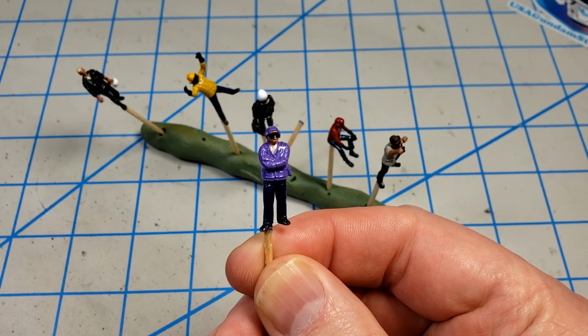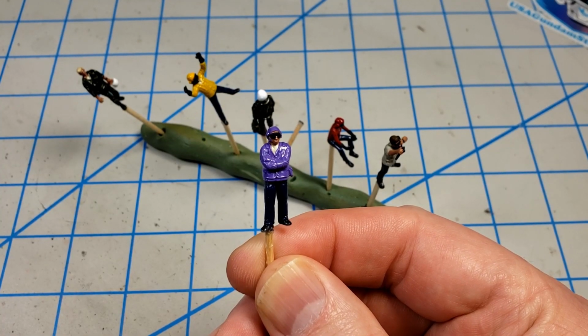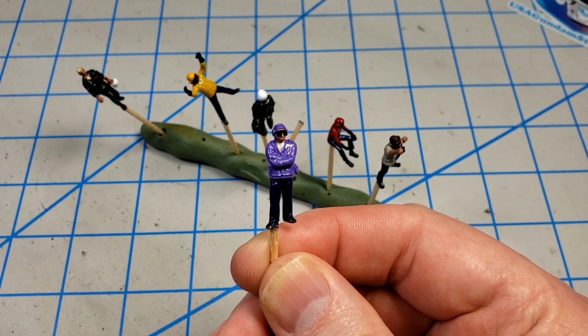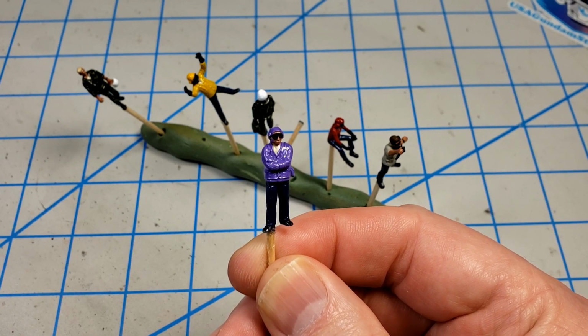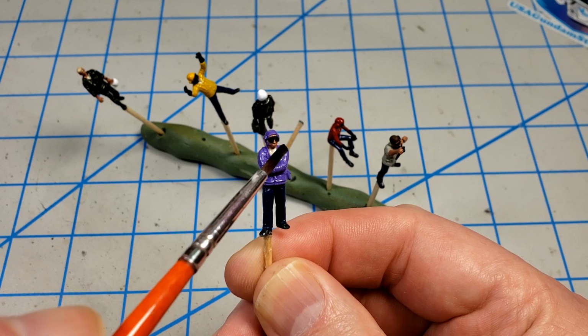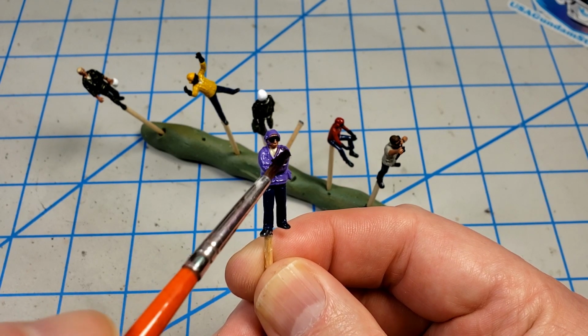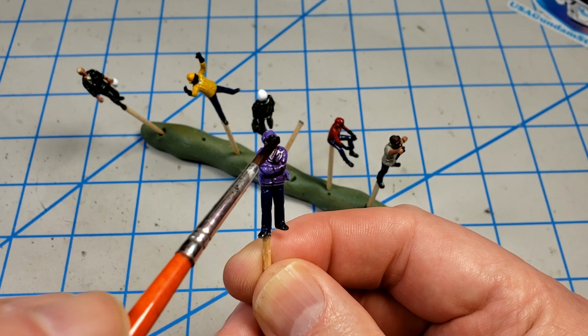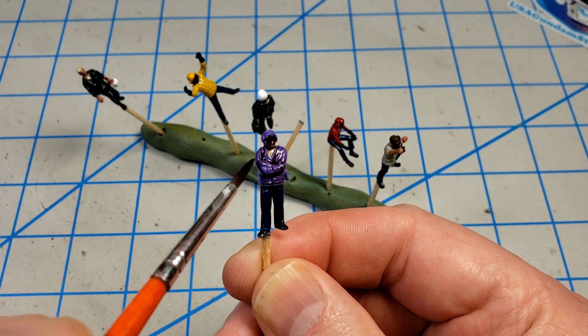Now, after I got the base colors laid in, I gave each of the figures a coat of acrylic gloss. I used Pledge, but any acrylic gloss will do. For that matter, any gloss will do. I wanted to have a glossy surface so that for the next step, which is putting on some Citadel Agrax Earthshade, it would really pull down in those recesses. Now, I'm going to go in quite heavy with it because I want there to be a lot of